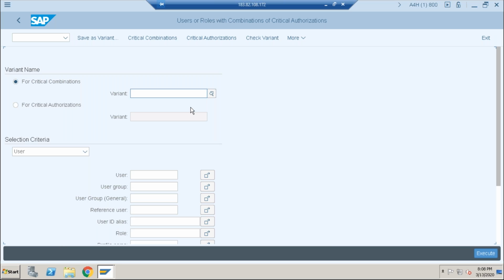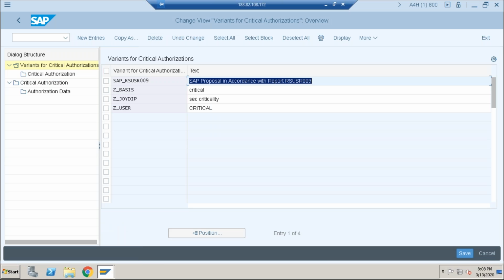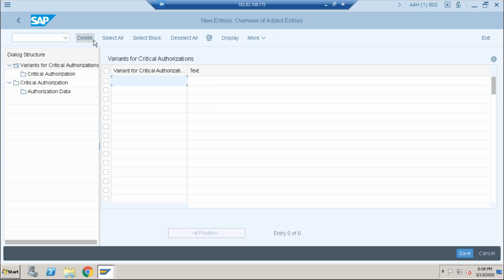Select the radio button, critical authorization. Click on new entries. Just give the C. No, it already exists. Then take a different one.